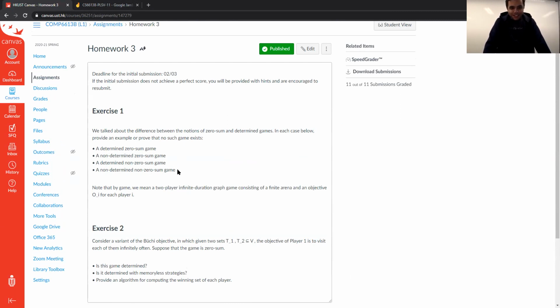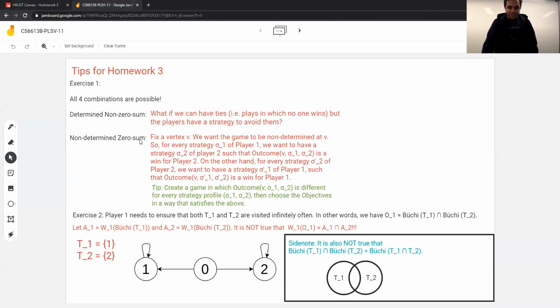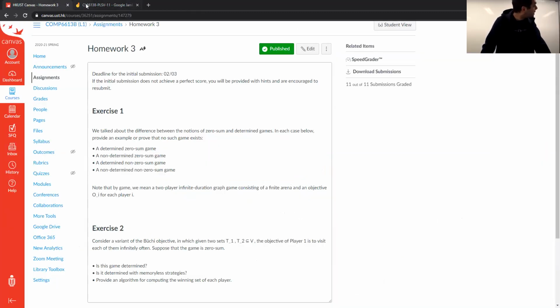Some of you actually came up with proofs that some of these games don't exist. And that's quite weird because all of them exist. So all 4 combinations are possible. And the reason is basically because being determined and being zero-sum are not really as connected to each other as